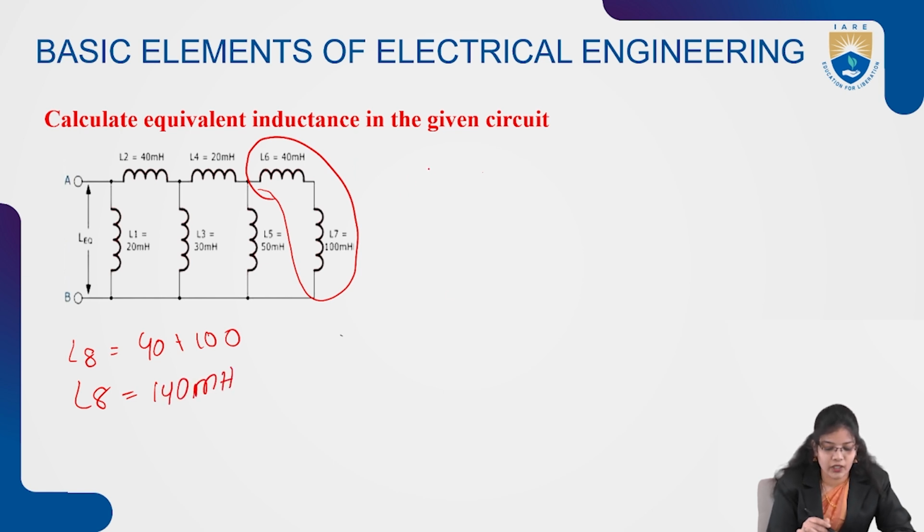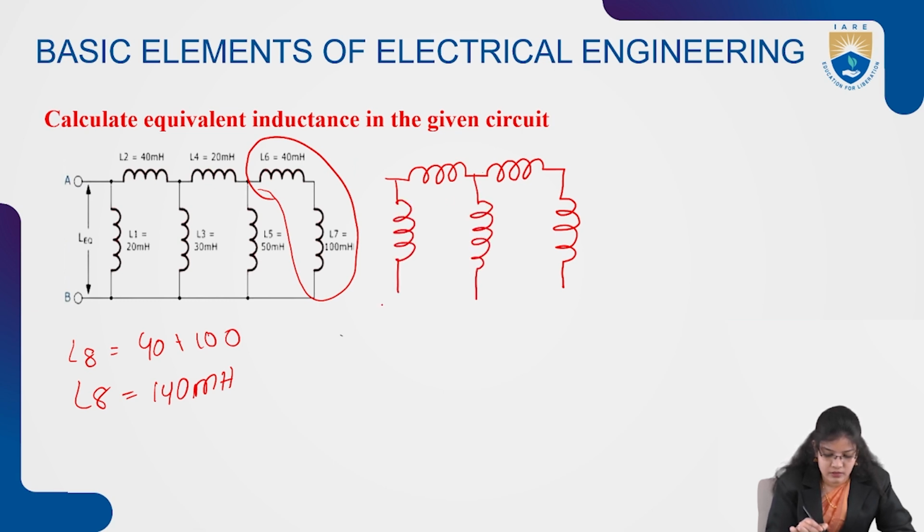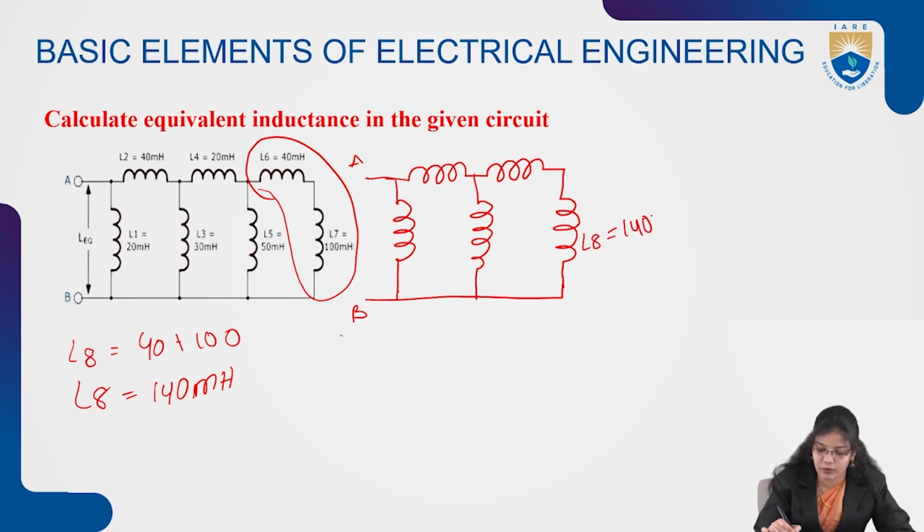So again we have to redraw the circuit after reducing these two inductances, which will be redrawn as 3 inductances. The value of the reduced inductance, which is L8, will be taken as 140 millihenry,